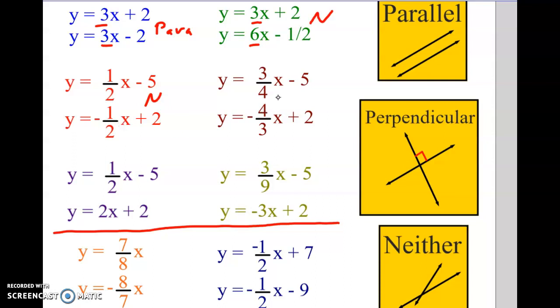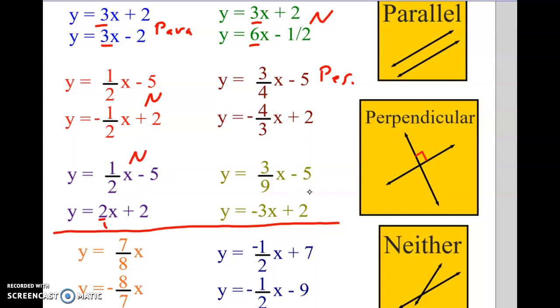I don't know what color this is. Mauve, whatever color this is, but the slopes here, that is perpendicular because they're flipped, and then one is positive, one is negative. Purple one, those are reciprocals. They're flipped, right? If you take 2/1 and flip, you get 1/2, but they're not one positive, one negative, so